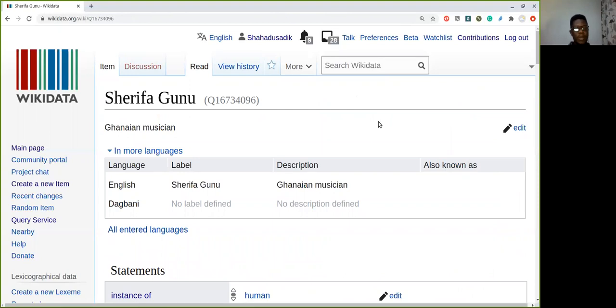To be able to add labels and descriptions on Wikidata, you first of all need to follow the video I shared on how to add the Dagbani language to your Wikidata user page. If you are able to watch that video, then you understand why Dagbani is showing here. So I basically added that to my user page in order to be able to add labels and descriptions in Dagbani. So to be able to do that, you just click on edit